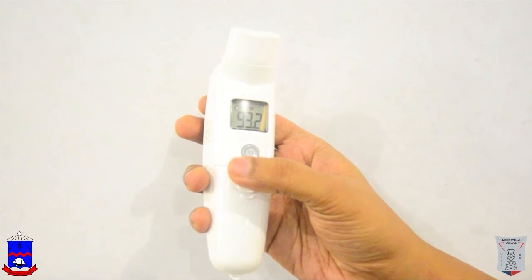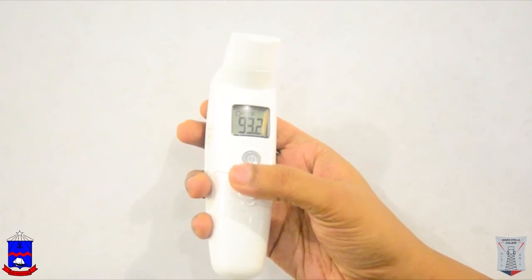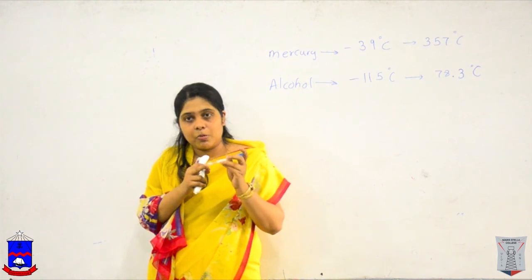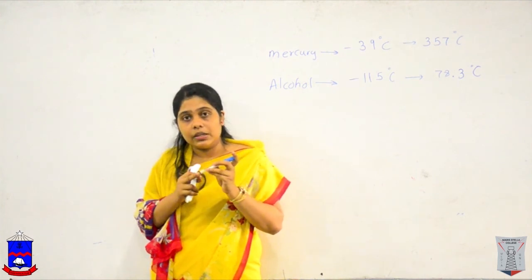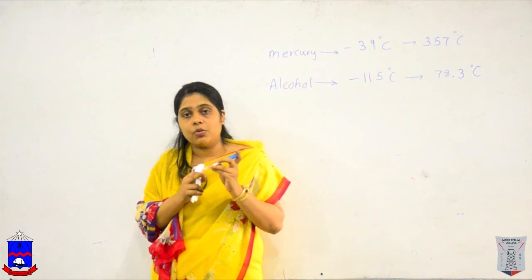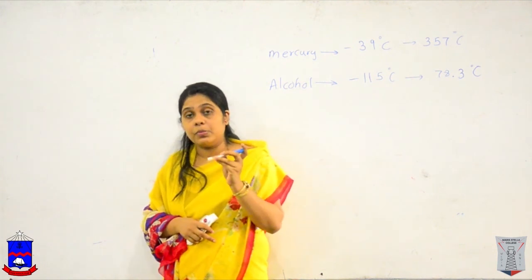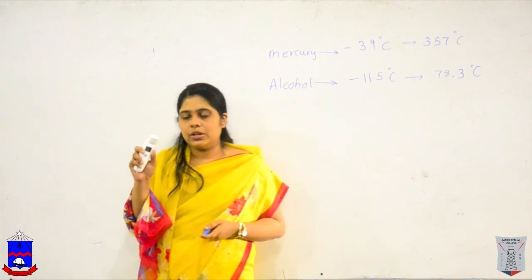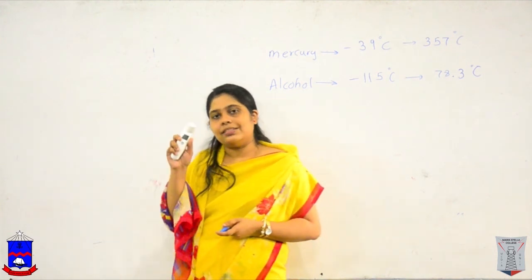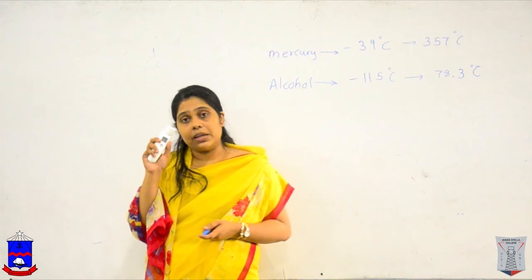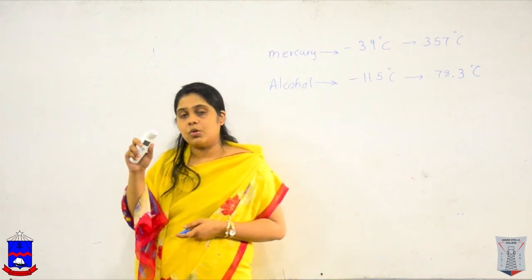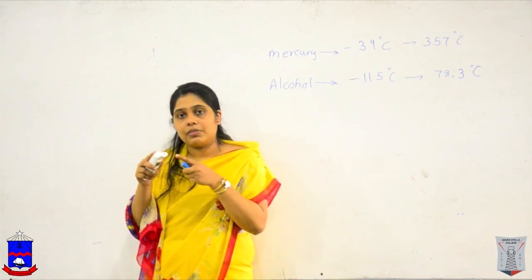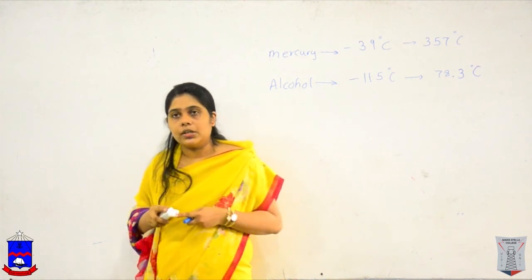Now compare with the glass mercury or glass alcohol thermometer. You get the thermometer bulb in contact with the body surface. That is why we want to clean the thermometer before using it on another person. But here, that is why I told you that it is not a major disadvantage, because we don't have to touch with this thermometer. The thermometer is not in contact with the body surface.